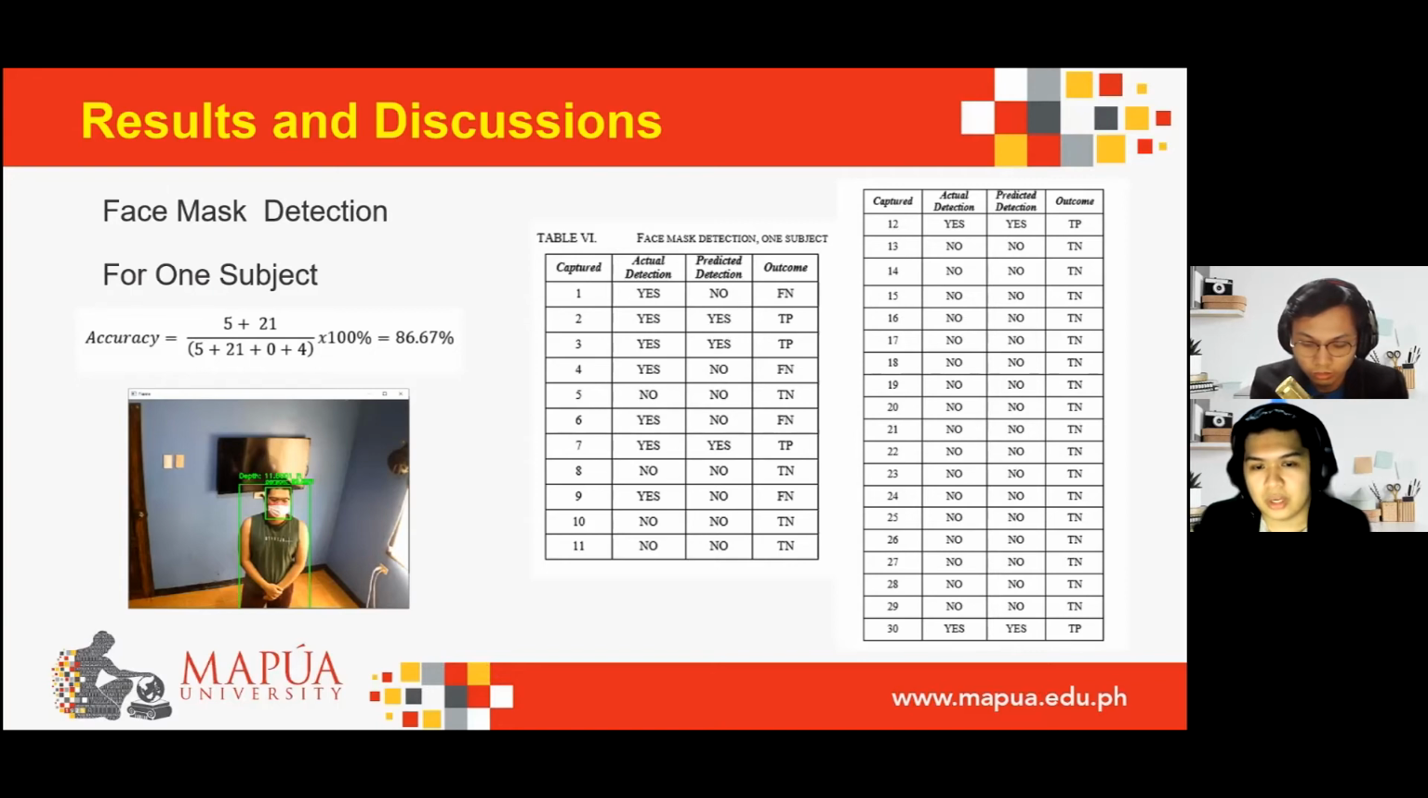Having this, we can compute the accuracy using the formula of the confusion matrix, which is presented on the left side of the screen, resulting in 86.67% for face mask detection under one subject in vision. So, moving forward,